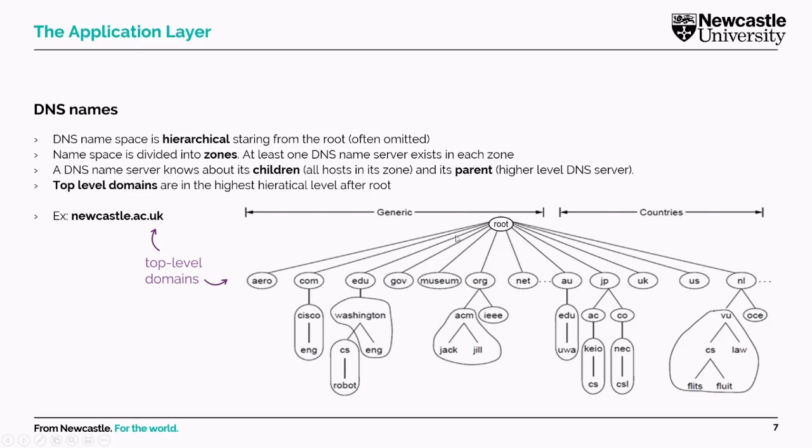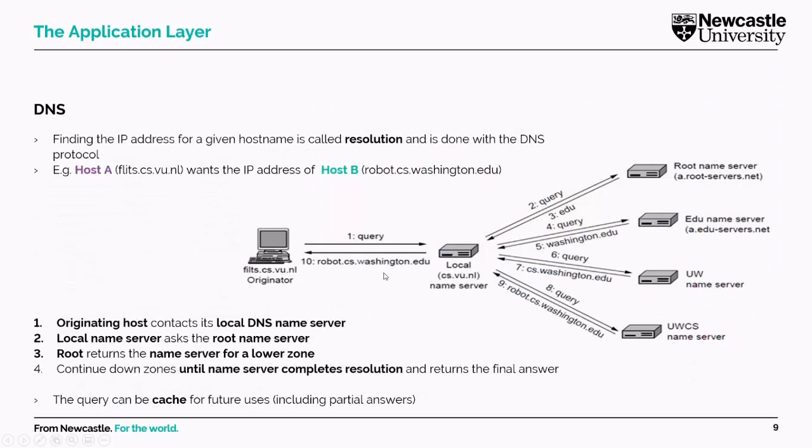So the way we do it is traverse this tree in order to get to the necessary name server. This is the example that you have here. We have two strategies, where the local name server does all this for you, but this in a way can put too much load on the single local servers. So sometimes, and I don't really need you to know this, but it just gives you an idea of how things can work,